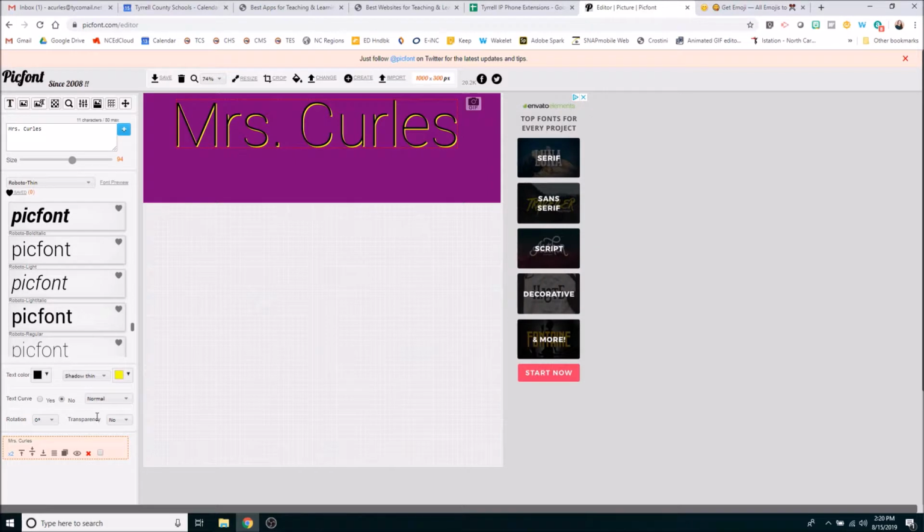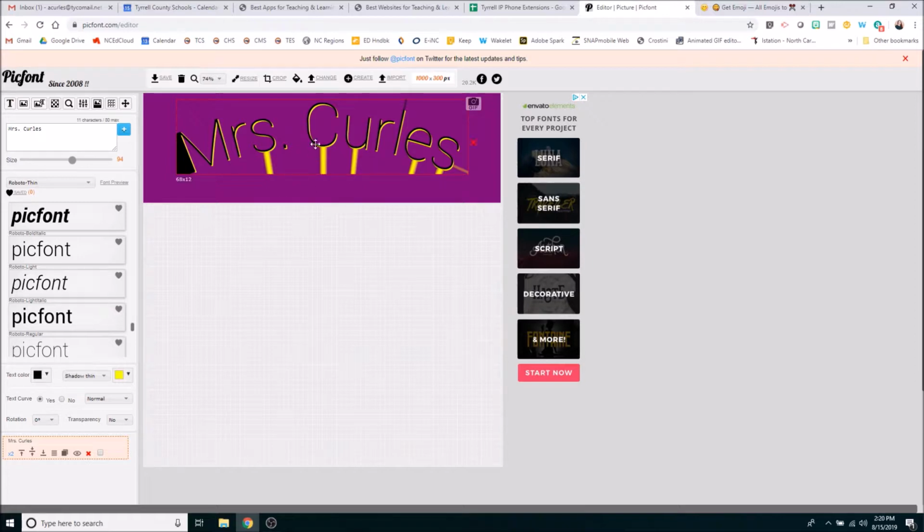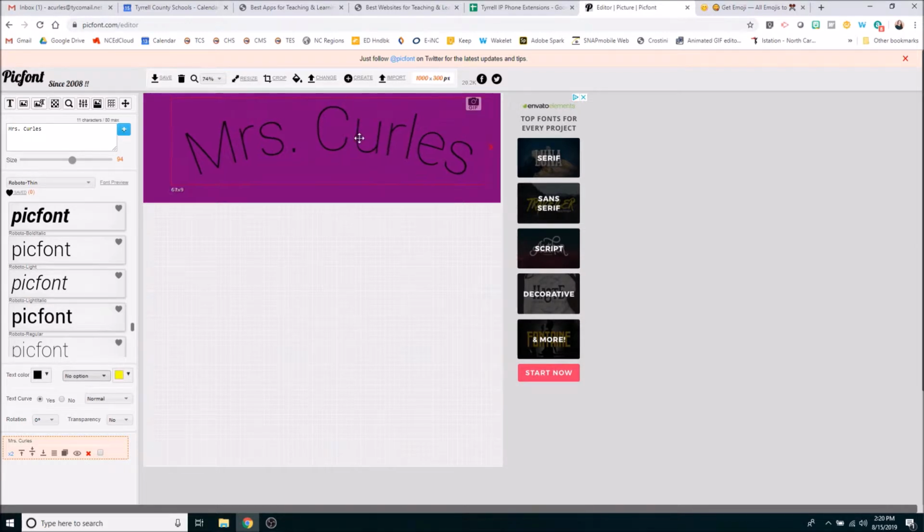You can also, I really like this feature here called text curve. So if I hit yes and normal, all right, it looks like that. Although I don't like that shadow, so I'm going to take off, no option, go back to just plain old black, just to show you what this looks like. All right, so that's normal, and your other choices are medium, and I don't think I'll have room for strong